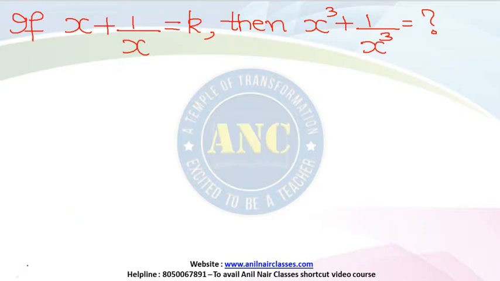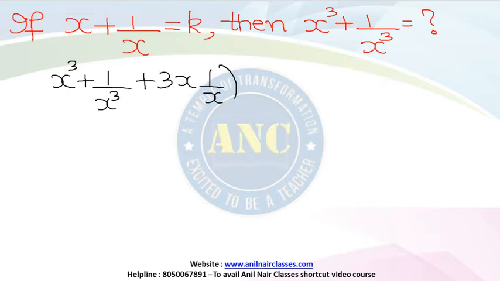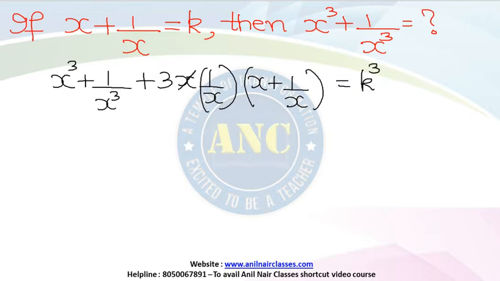Only one thing I will prove. The second thing is exactly the reverse; I will write the second equation later. I want the power to be 3. Because the power has to become 3, I will cube it on both sides. The left hand side becomes x plus 1 by x whole cube. A plus b whole cube is a cube plus b cube plus 3ab into a plus b, that is 3 into x into 1 by x into x plus 1 by x. The right hand side is k, cubed: k cube. X cancels with 1 by x, and this becomes x cube plus 1 by x cube